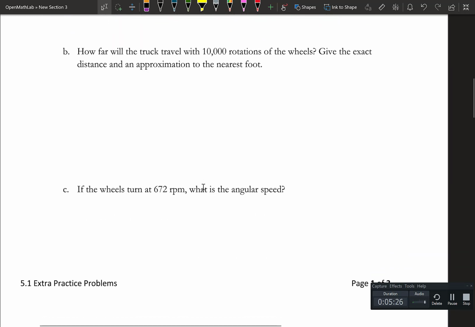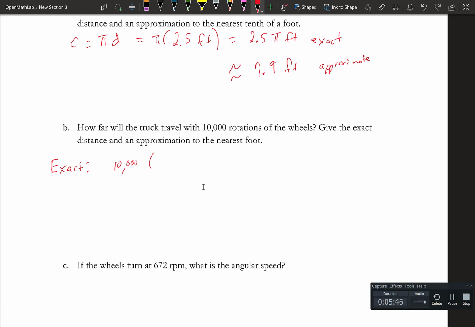And then part B says, well, how far will the truck travel with 10,000 rotations of the same wheels? Give the exact distance and approximation to the nearest foot, right? So the exact would be 10,000 times the 2.5 pi feet, which would be equal to 25,000 pi feet. Right, that's the exact. And then the approximate